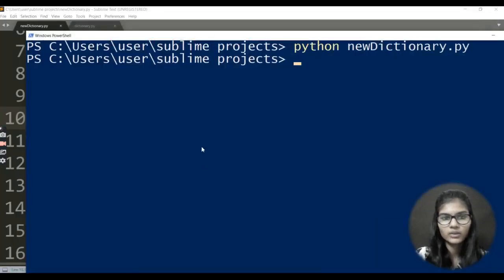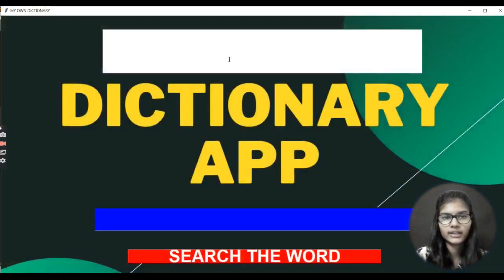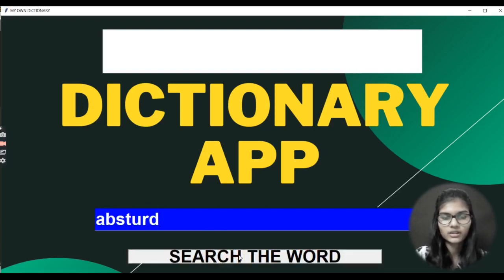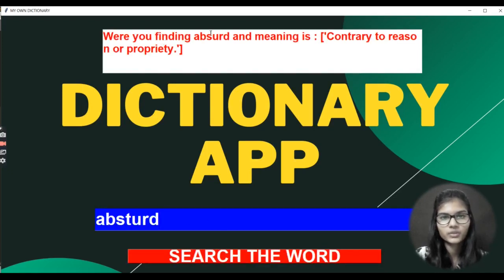Now if I close this out and run it once again, and if I want to find any particular word, let's say I write any spelling, let's say I write absurd. Okay, that's not a correct word. The correct word is absurd. I've written a wrong spelling here.